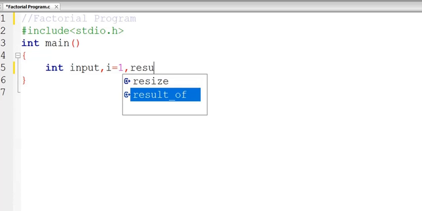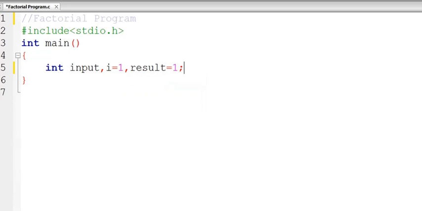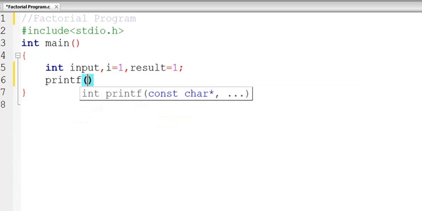It is also initialized with 1, and this is a printf statement: Enter input. Then scanf.